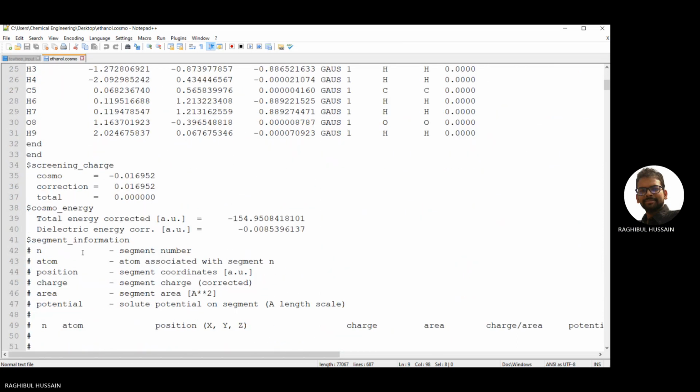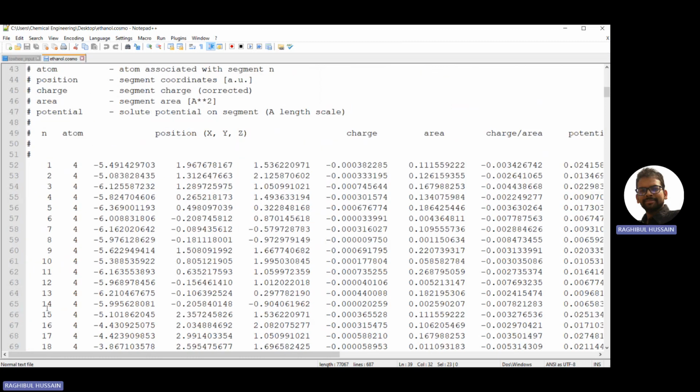Here. So this is what you can call the cavity formation term. How much energy do I require to insert the volume into the context? This is the energy. It is in atomic units, so you have to convert to per mole. Then you see these are all keywords given. N is number of segment, atom, position, charge, area, potential. And see this, then this starts. So you have